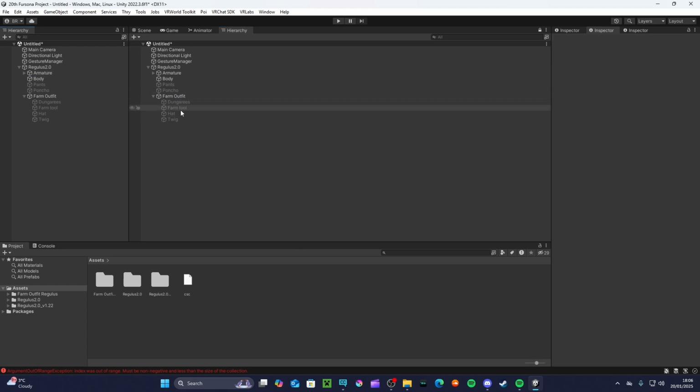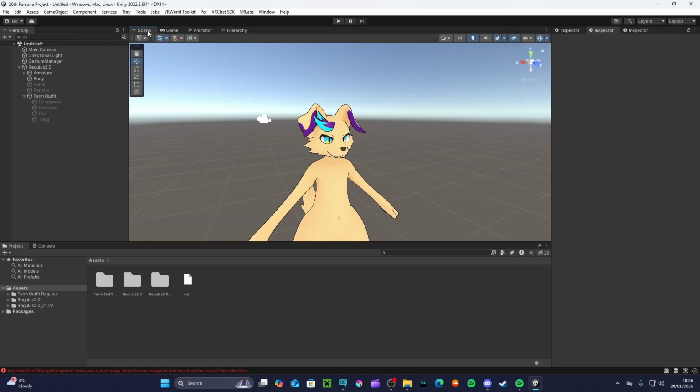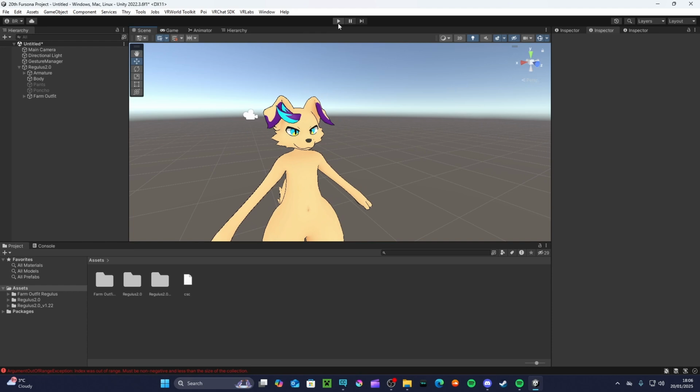And then you've just got the folder of all your toggles. So if you've got a bunch of these folders, it's nicely organized. Otherwise it would kind of be a mess. As you can see here, it's not really organized. The pants and poncho do not have their own folder together, but you could put them in a folder if you wanted to. So now that is done, and if I do a play test,